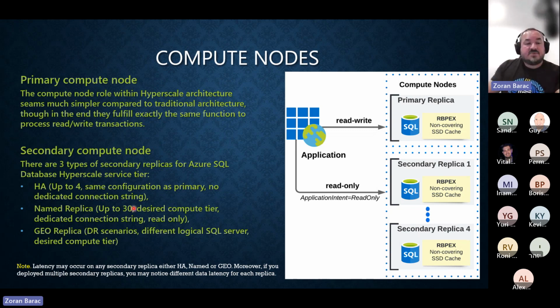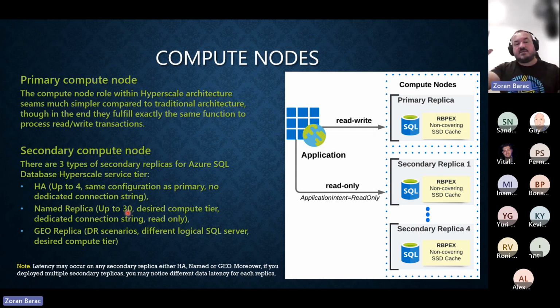Named replicas go up to 30, with a desired compute tier, so you can put anything you want: size, vCores number, and so on. And you have a dedicated connection string. It's read-only, obviously. But you can specify, like saying, I have a team which is doing just analytics, I have a team which is doing development, I have a team which is doing some kind of OLAP process or whatever.